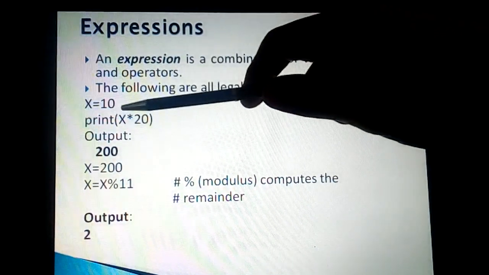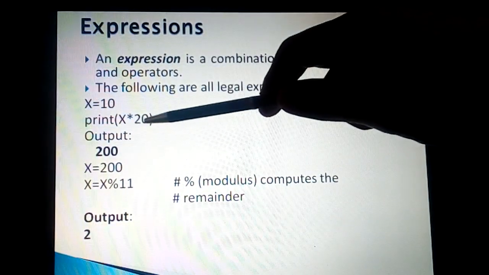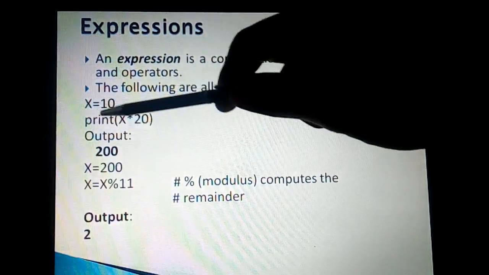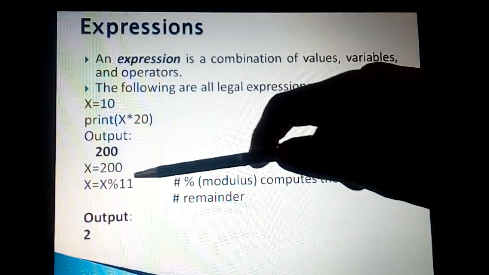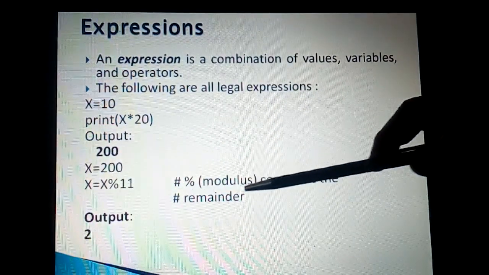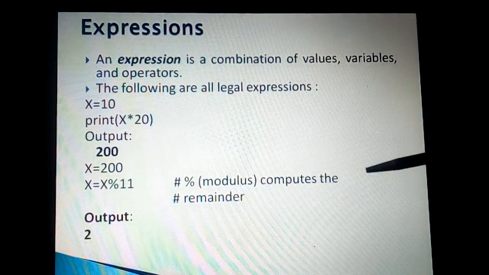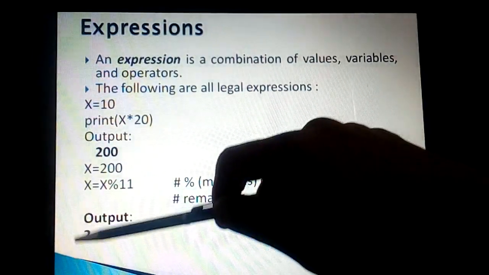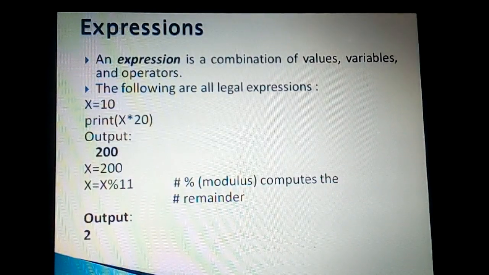So if you look at the examples here, x equals 10, print x into 20, it prints 200, is absolutely valid or legal. And if I say x equals 200, now further x equals x percent 11, then I get a remainder after performing division on x, whatever is remaining, and that is the value 2, which is indicated there.